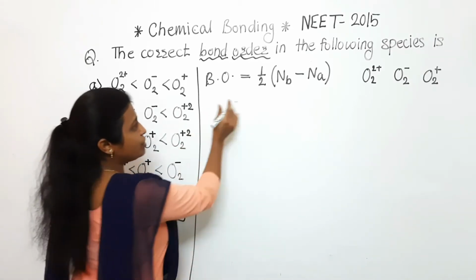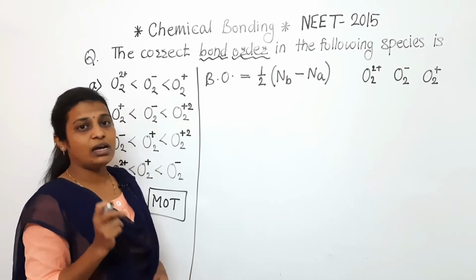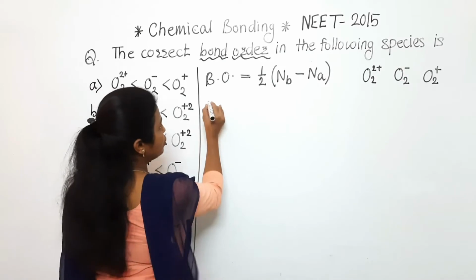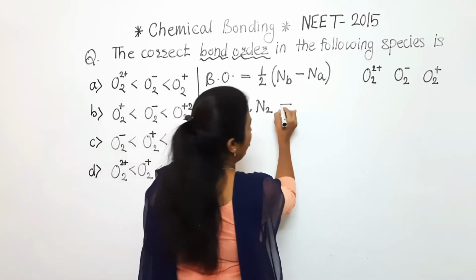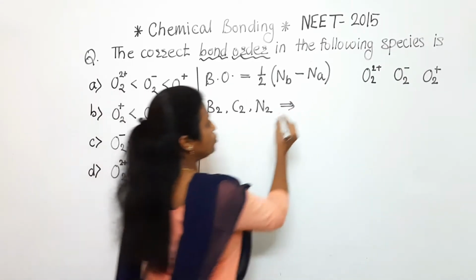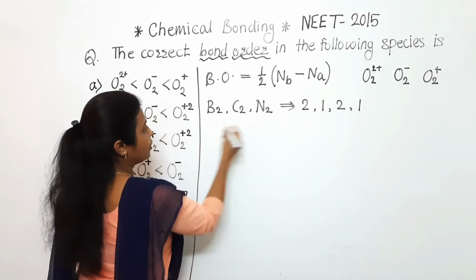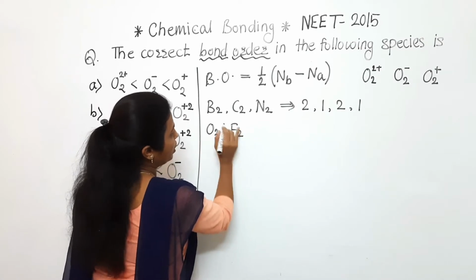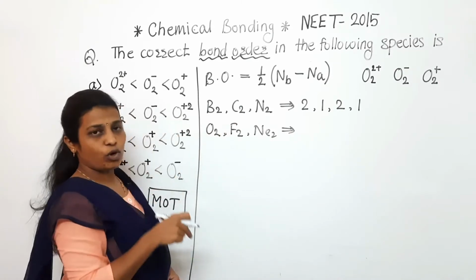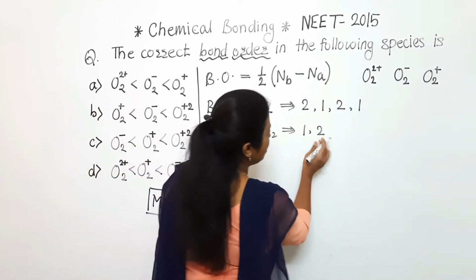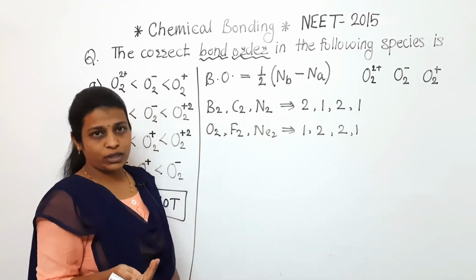So here अगर हम डिस्कस करते हैं, उसका बॉन्ड ऑर्डर निकालने के लिए पहले हमें पता होना चाहिए उसका मॉलिक्यूलर इलेक्ट्रॉनिक कॉन्फ़िगरेशन. सो जैसे कि देखो B2 C2 N2, for these molecules or ions of these molecules we have to select the sequence, that is the 2 1 2 1. But if after nitrogen, oxygen, fluorine and neon, if these molecules or ions of these molecules are there, then we have to select the sequence, that is 1 2 2 1. Now what is that 1 2 2 1 or 2 1 2 1, that I will tell you.